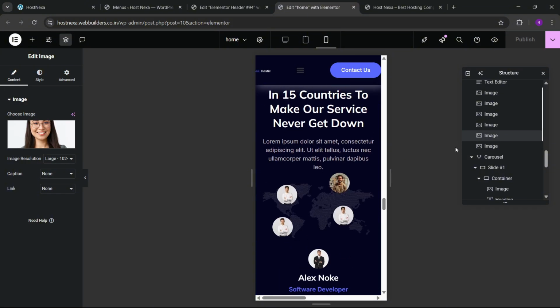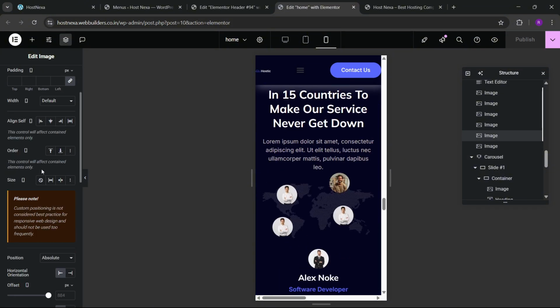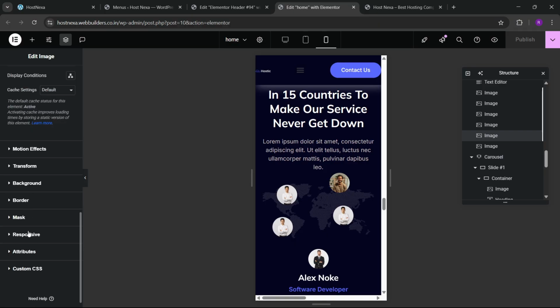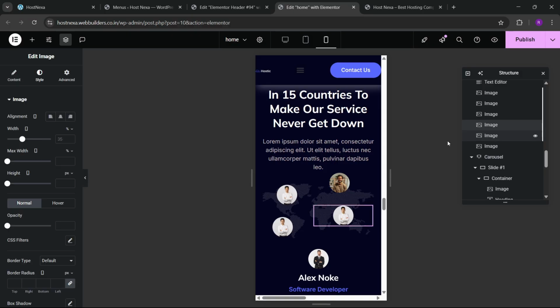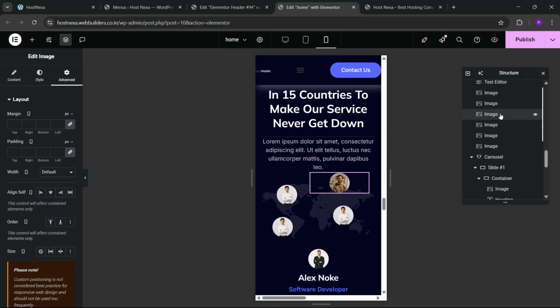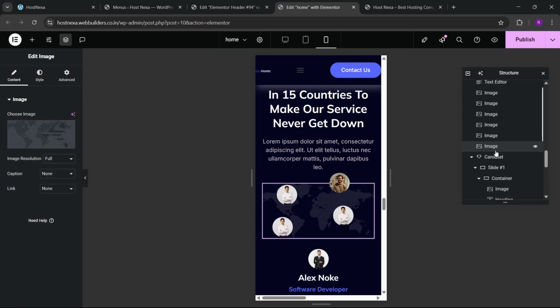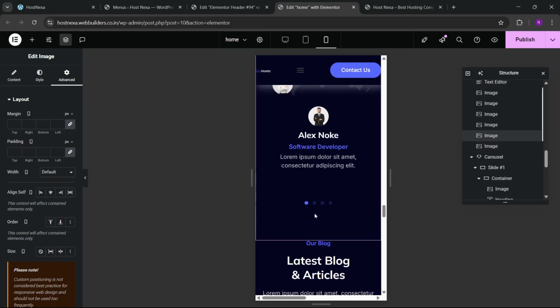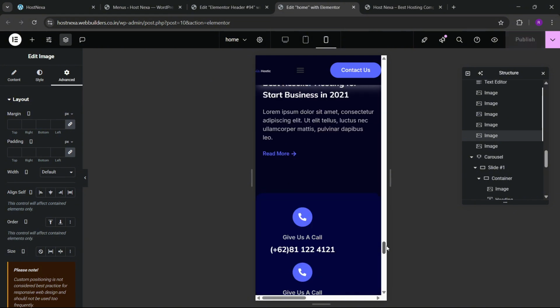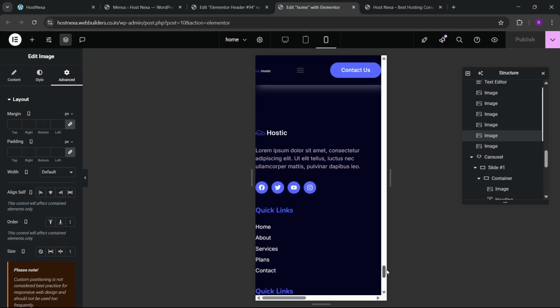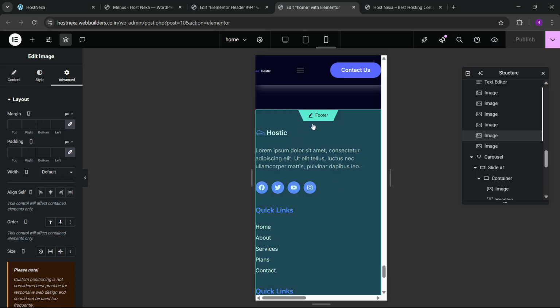The rest of the images which we are not using, we have to make that hidden, because due to that sometimes the layouts cause little issue. Now let's publish it here. Now let's finish all of this because this is looking good. Now let's go to the footer part,